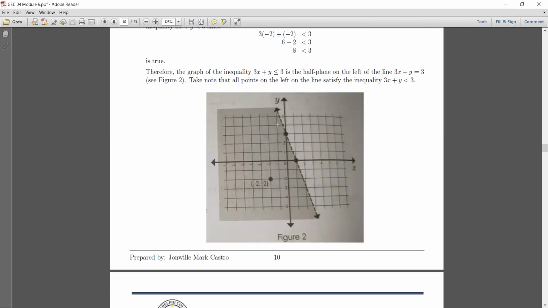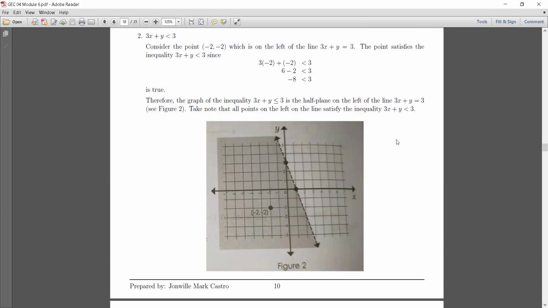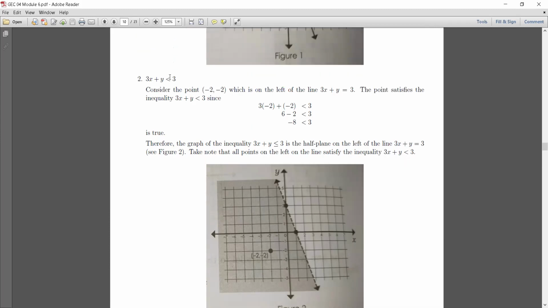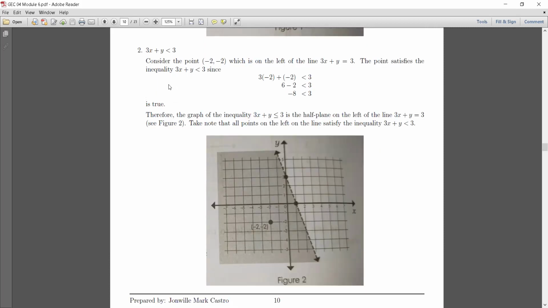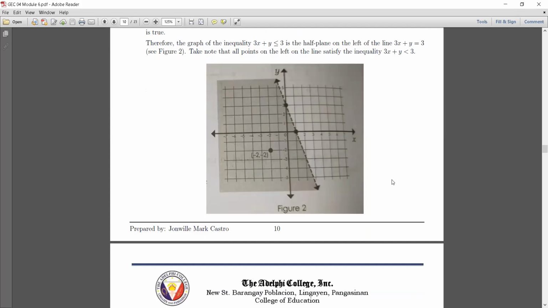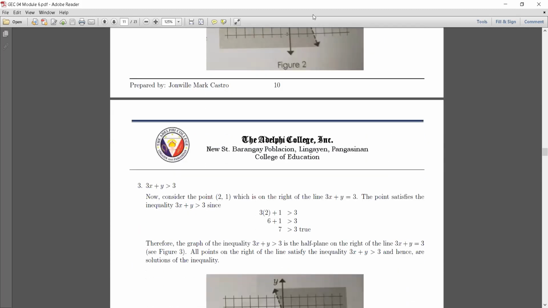Makikita nyo yung line, dash line siya or dotted line siya. Bakit siya dotted line? Kasi yung inequality natin is less than 3. Kapag less than or greater than tapos walang equal sign, hindi kasama yung line mismo, kaya dotted line. Okay? So, take note nyo yung graph na ganun. So, next,